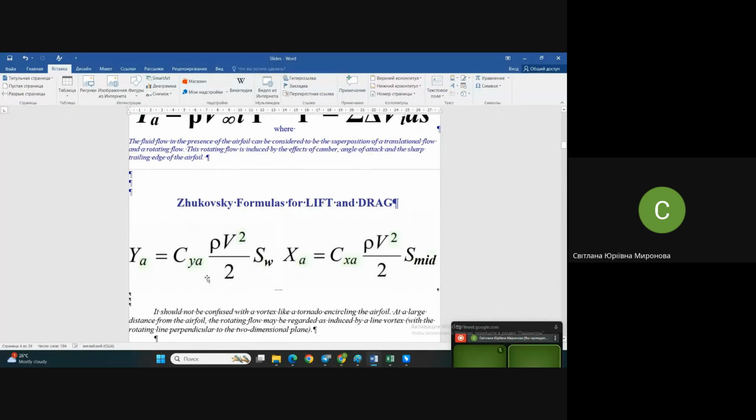Do forgive me, I forgot to check the time. Thanks to our alarm, I remembered about the time. And yes, we see kinetic energy, some dimensionless coefficient, and the area of the